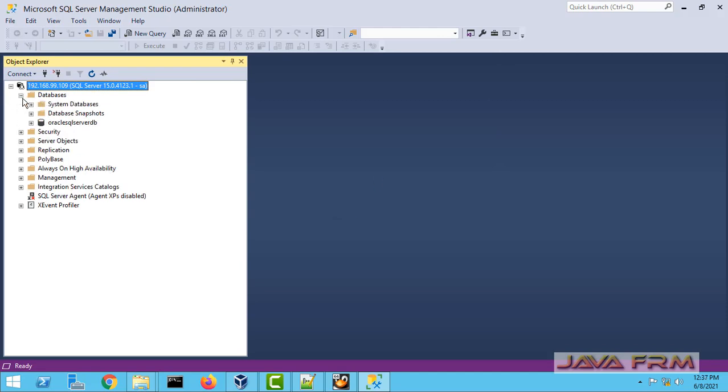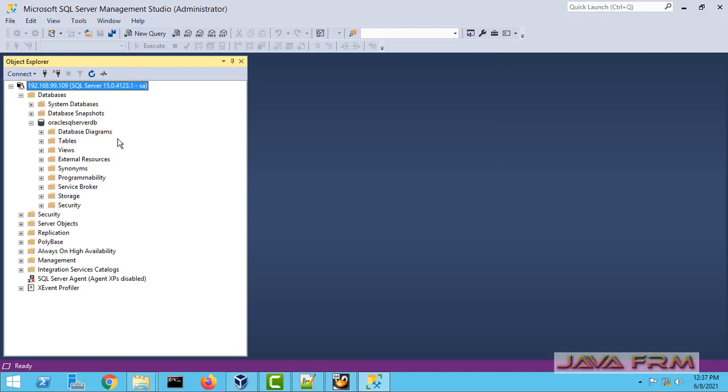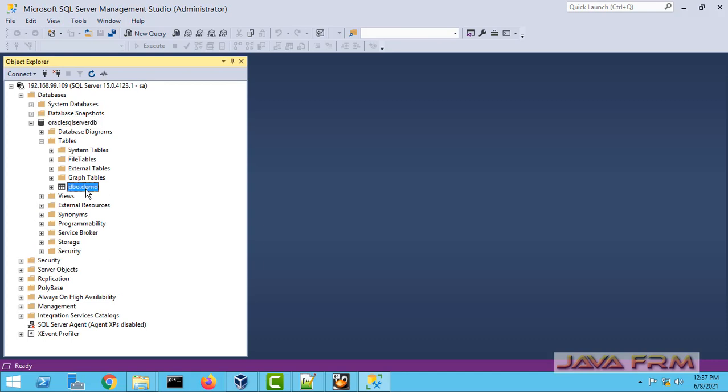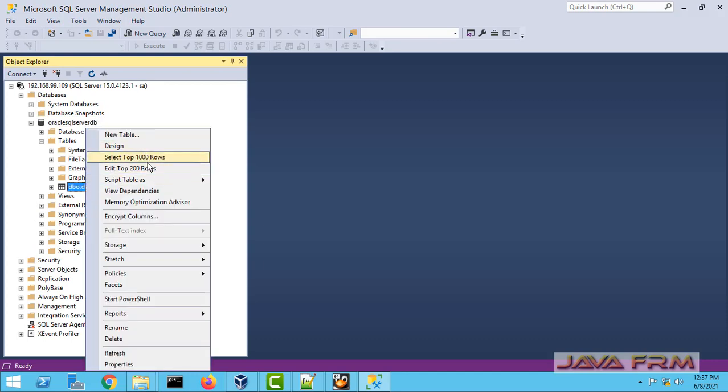Okay, I am able to connect to the database. Let me browse to the database. Yes, connectivity is successful.